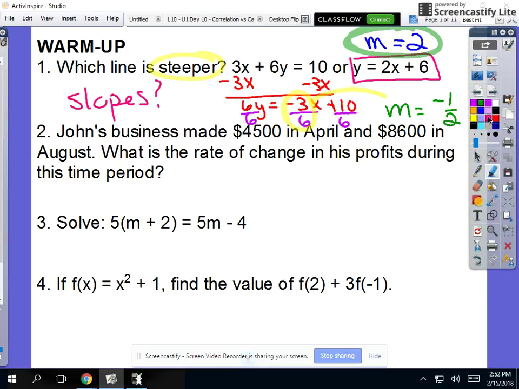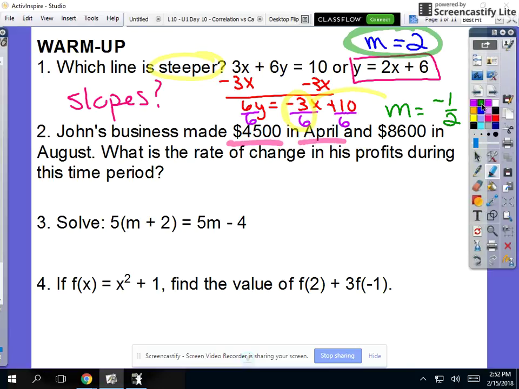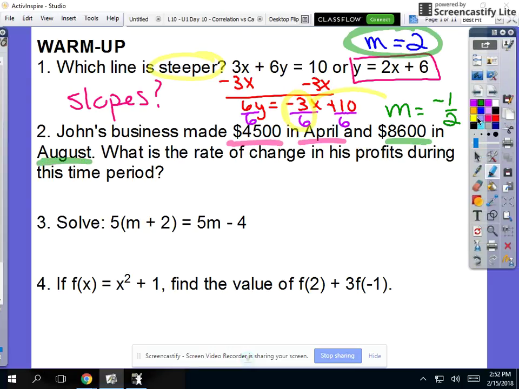All right, let's jump next into another slope question, but this one's an application problem. So if you look at this one, we're talking about John's business. He made $4,500 in April. He made $8,600 in August. So I'm going to highlight these here: 4,500 in April, and then 8,600 in August. Since it's asking for a rate of change,